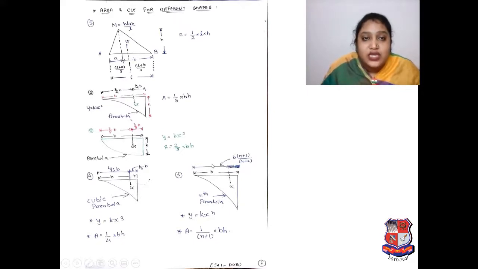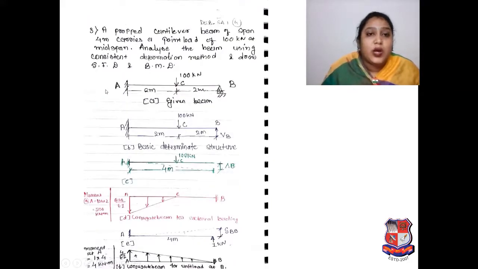But dear students, in that method, generally the first two diagrams are coming. So we have to focus on both of these, but we have to keep all the shapes' areas in mind for our easy understanding and knowledge enhancement. So based on the steps of consistent deformation, then area and CG of particular shapes, and fundamental knowledge of determinate and indeterminate beams, we will solve some basic problems as well as the problems asked in GTU and semester previous exams.